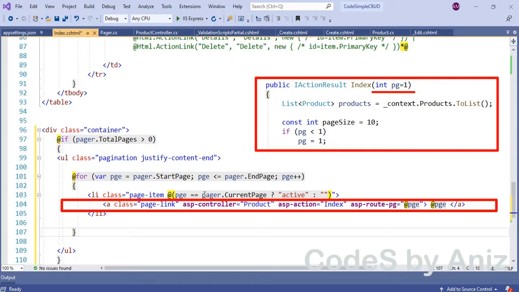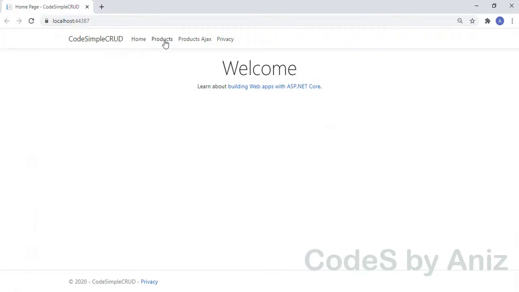There is no such tag in ASP.NET Core, but ASP.NET Core tag helpers will build this tag dynamically. The pg is the name of the parameter in the index method. To pass the value to this pg parameter, we use this tag. Okay, set the asp-route-pg to the for loop counter variable pge. Then save and run the application.